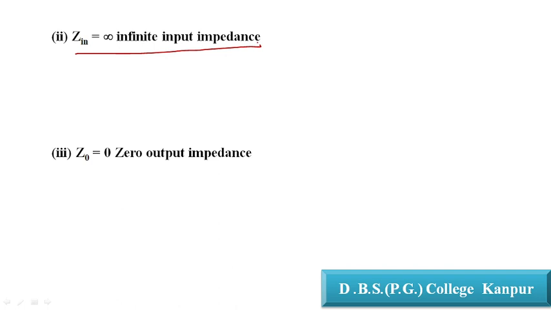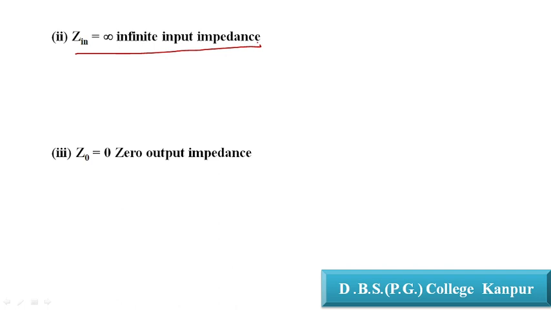When one device loads another device, the performance of the next device becomes weak. So if the input impedance of the device is infinite, there is no loading effect. So input impedance is a very important property. It should be infinite for a voltage amplifier, or in other words an operational amplifier. An operational amplifier is called ideal whenever its input impedance is infinite. It is a very important property of an ideal amplifier.